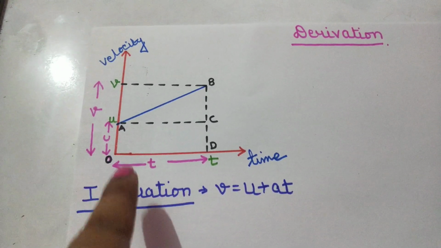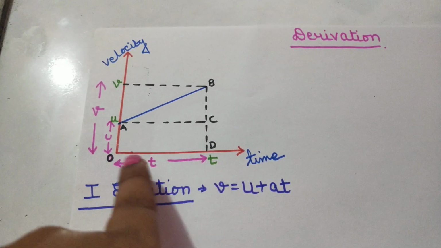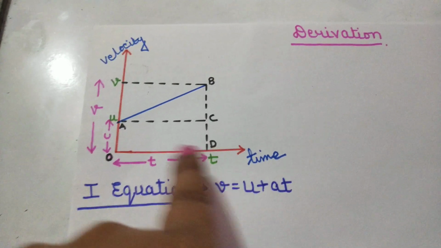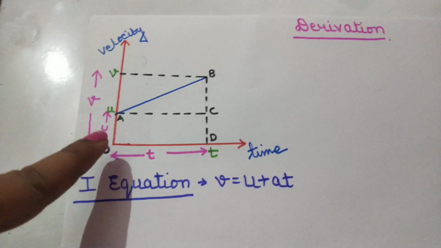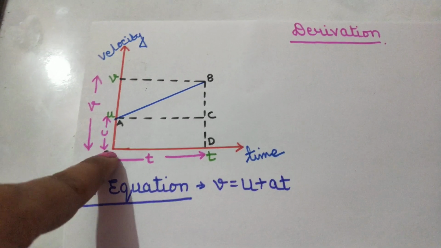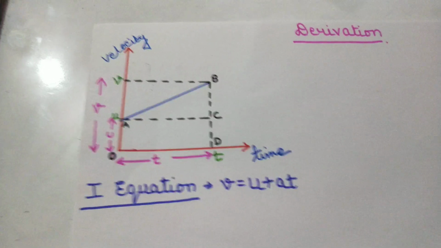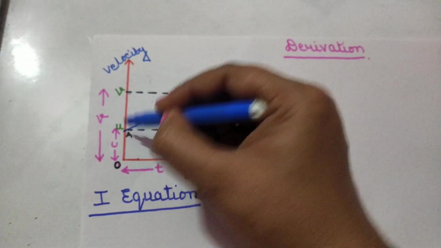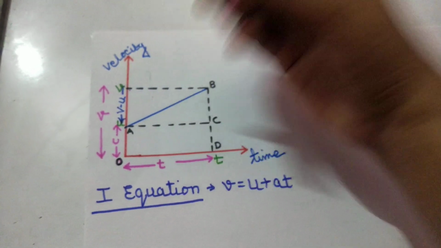Clear? So what will be the length from 0 to this much? It will be t. यहाँ पे अगर 2 होता तो लेंथ 2 होती, 4 होता तो लेंथ 4 होती, t है तो यहाँ से यहाँ तक की लेंथ t हो जाएगी. Clear? Similarly, the length from origin to this point A will be u, and from this to this it will be v. So what will be the length of BC? यहाँ से यहाँ तक की लेंथ कितनी हो जाएगी? It will be v minus u.